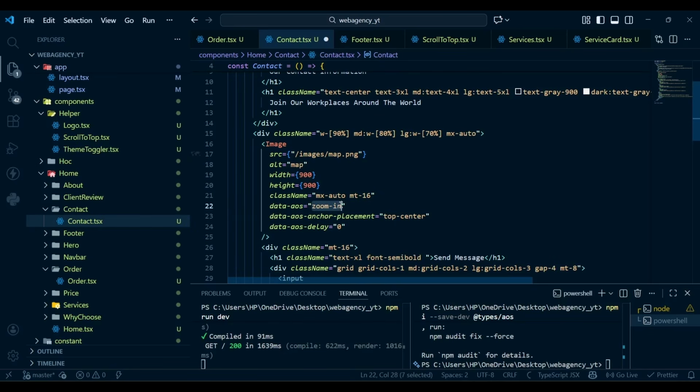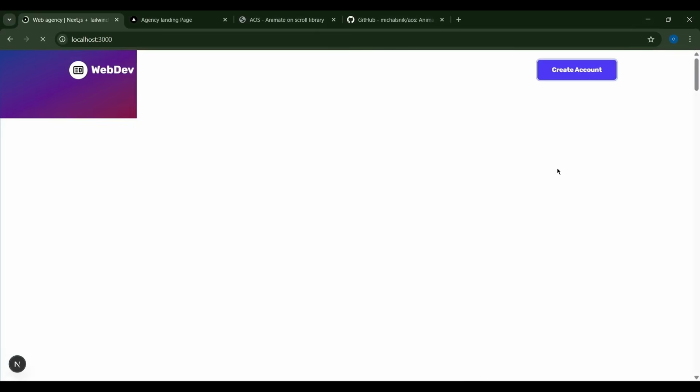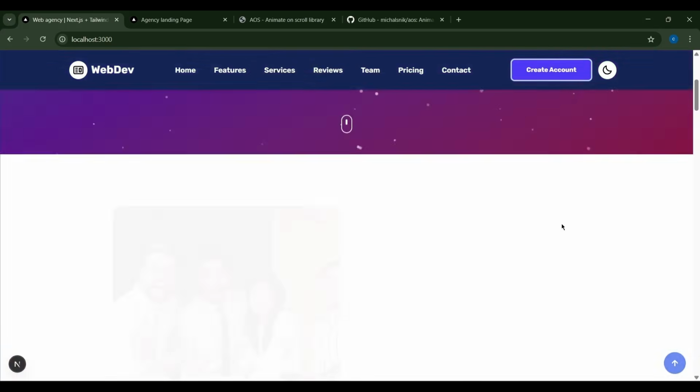And this one will be zoom in, and anchor placement will be top center, and that delay will be 0. And we're not going to add animation to the other properties. If you want, you can add. So now if I go to our project, if I reload the page, and we have the initial animation, we